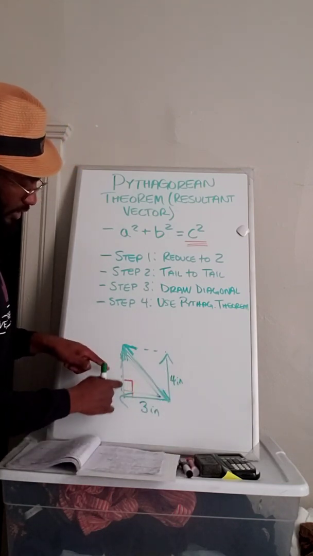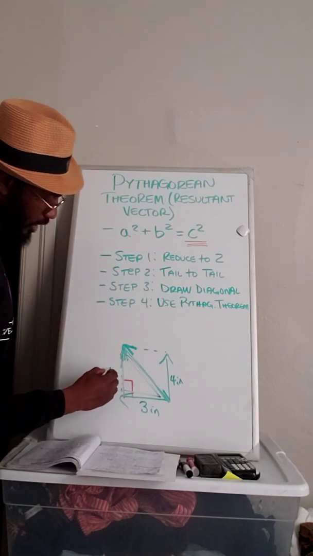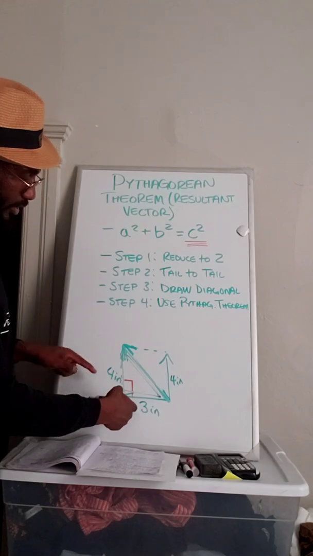So I know that because these sides are parallel to each other, these are the same length. So I end up with a triangle that is 3 inches on one side